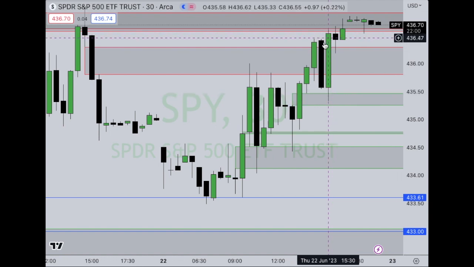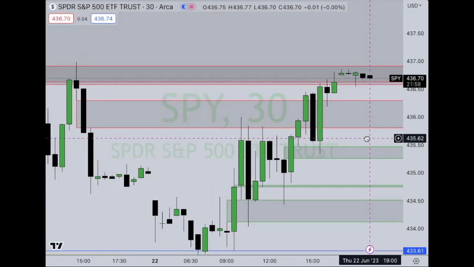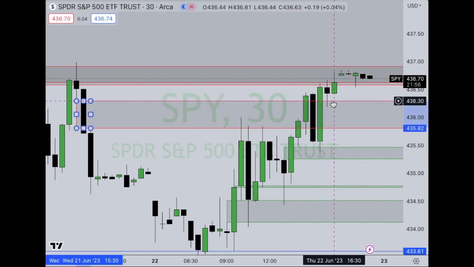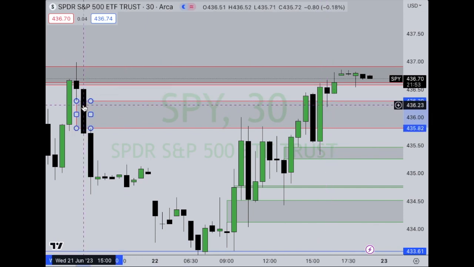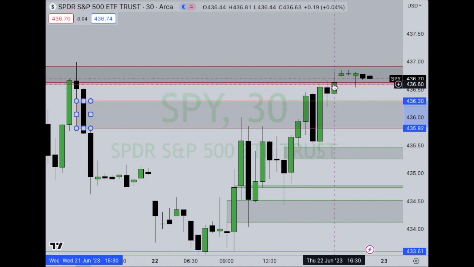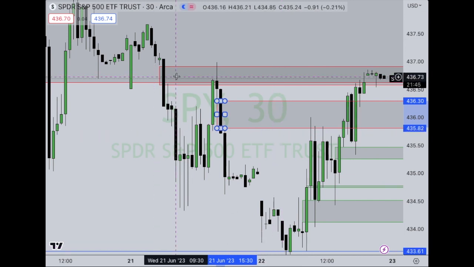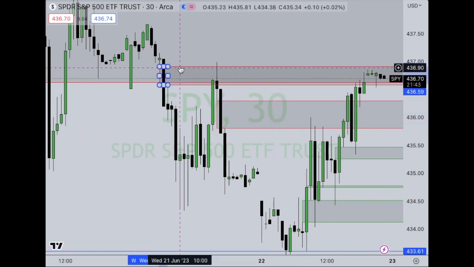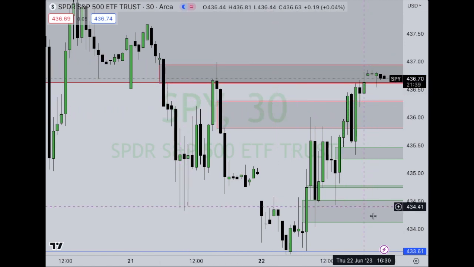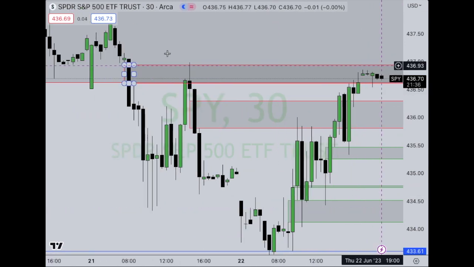Candle wicks into the imbalance and takes off yet again, this time enough to get us through this imbalance that was formed back on Wednesday the 21st, and up into our next level right up here. I accidentally dragged this one down just a little bit. Let's see, get it up there. Good. Okay, so we closed the day